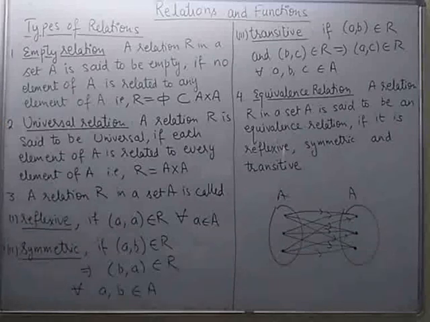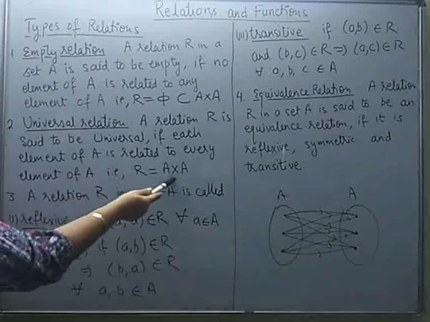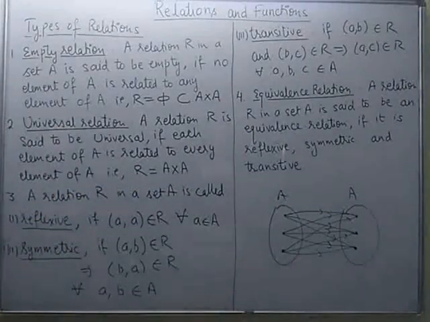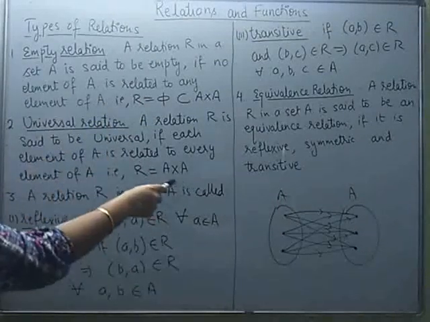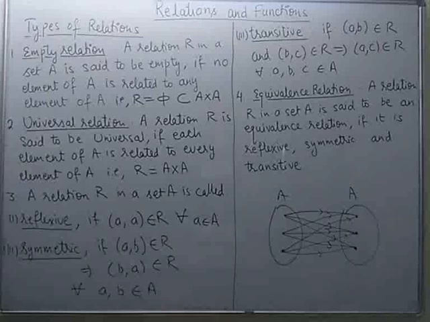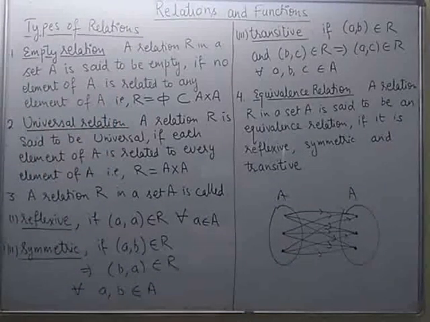So from these two definitions, you can see one thing very easily, that when we write the subsets of Cartesian product, null set is subset of every set and the set itself is also subset of itself. So this is the set without any element and this is the set containing all the possible ordered pairs in A cross A. In between also there can be something. It may happen that relation is defined in such a way that we are not getting all possible ordered pairs but some of them. Okay, so now moving on to the third type.